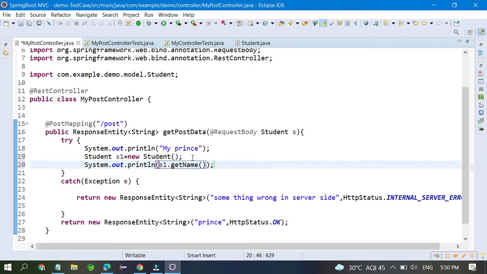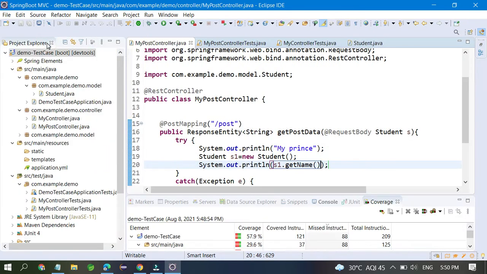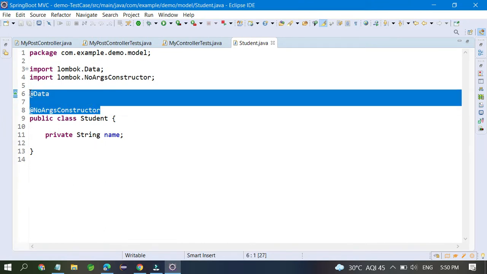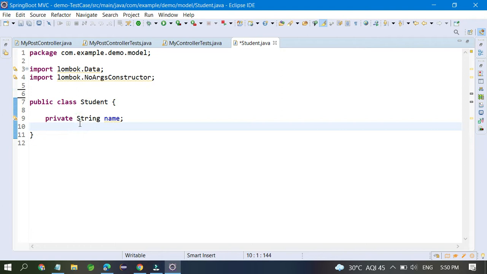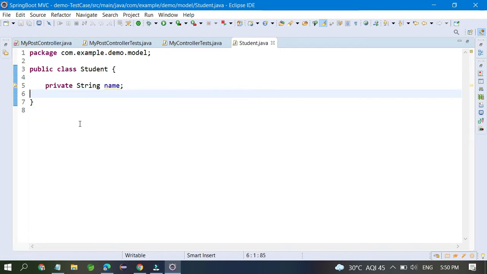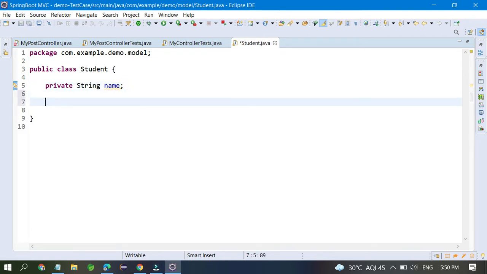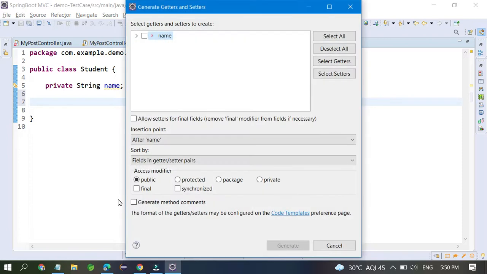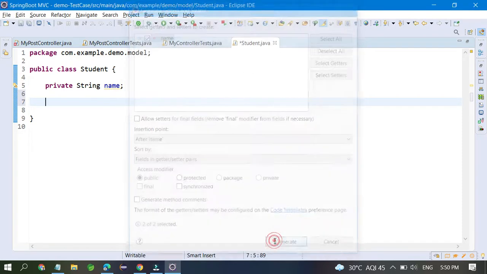So whenever you take the getters and setters, for example in the model class, and if you remove these things, and you want to improve your code coverage, don't write like that, just Alt Shift S and generate the getters and setters. Generate the getters and setters only, nothing else. Okay, now you can see your code coverage has increased.